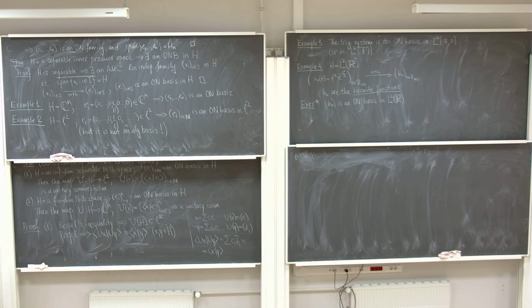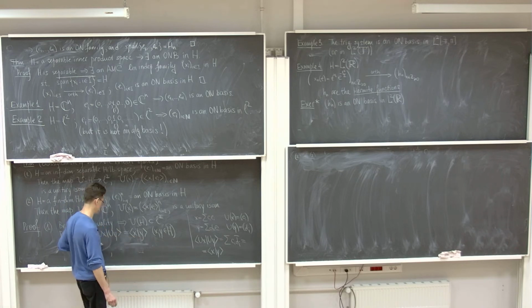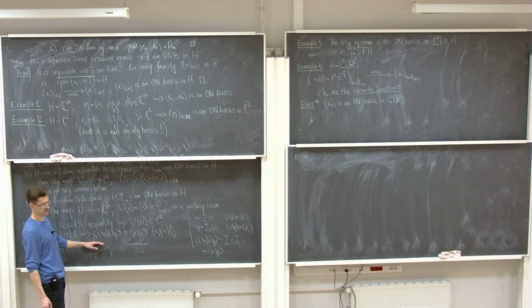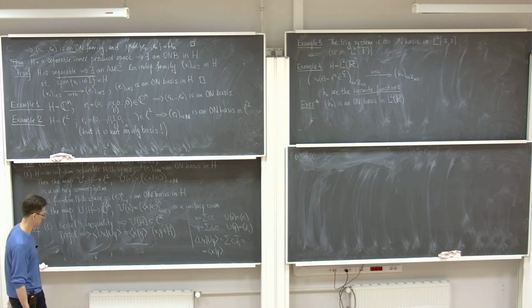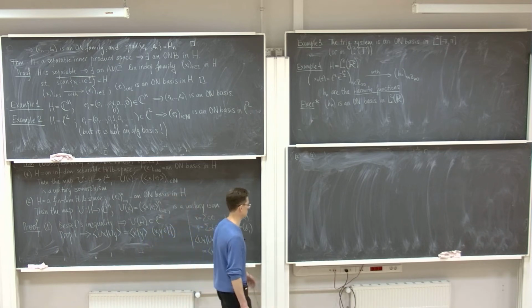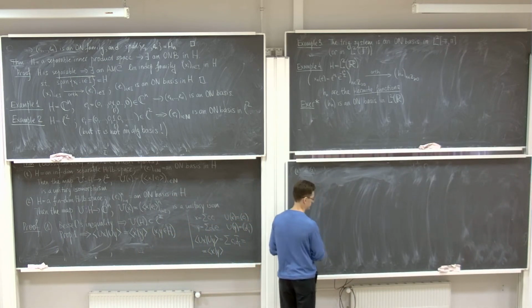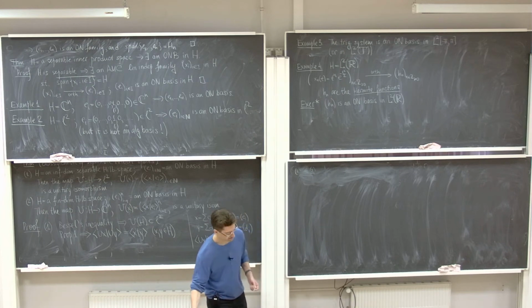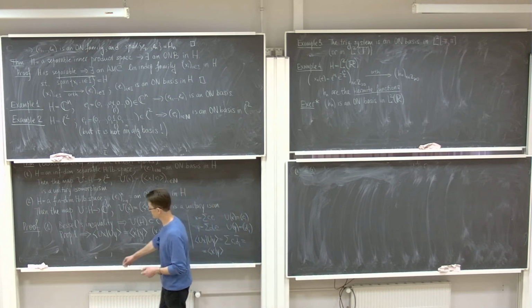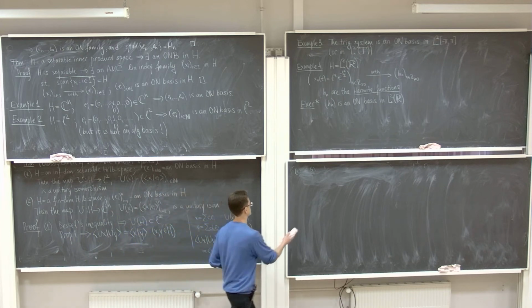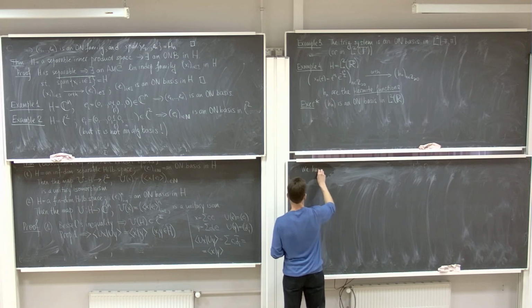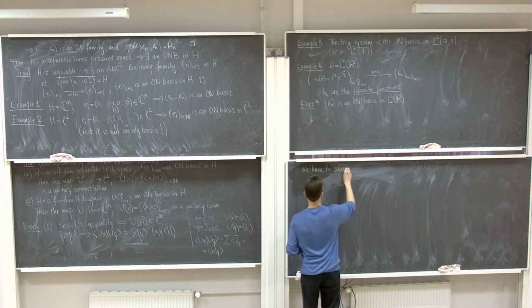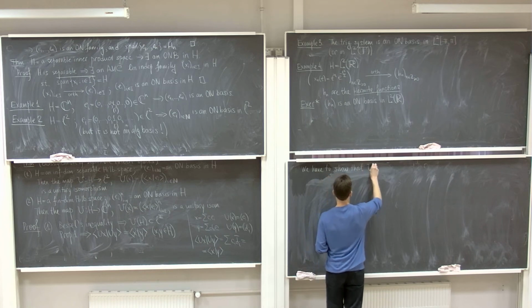Okay, so what is a unitary isomorphism? A unitary isomorphism is a bijective linear map which satisfies this condition. But this condition already implies that U is isometric, so it is injective, the kernel is trivial, and to show that it is a unitary isomorphism, it suffices to show that U is surjective. Now we have to show that U is surjective.